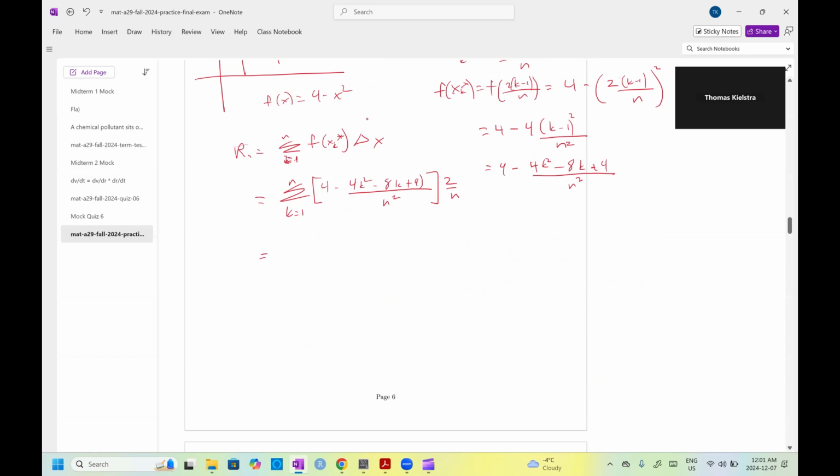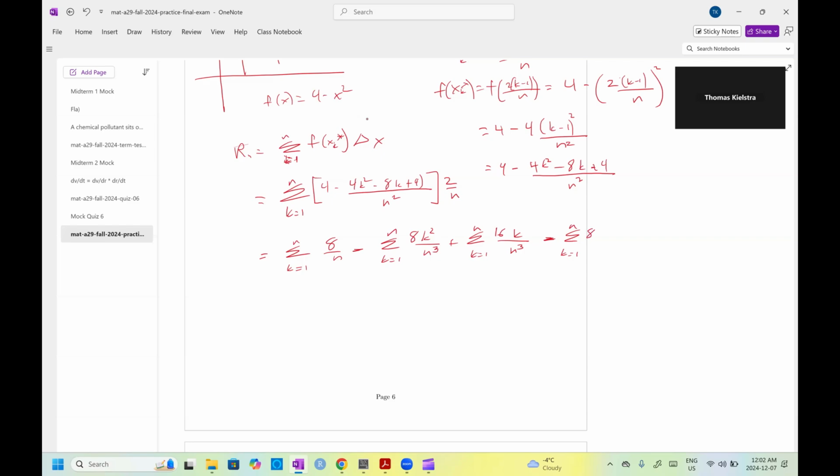So this equals the sum of k equaling 1 to n of 8 over n, minus the sum of k equaling 1 to n of 8k squared over n cubed, plus the sum k equaling 1 to n of 16k over n cubed,